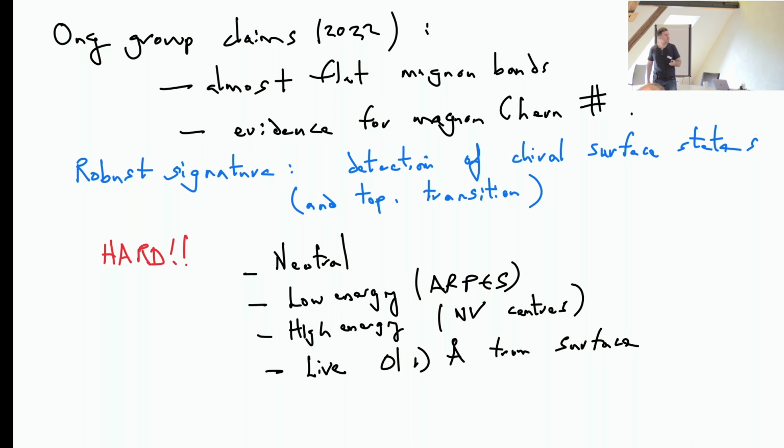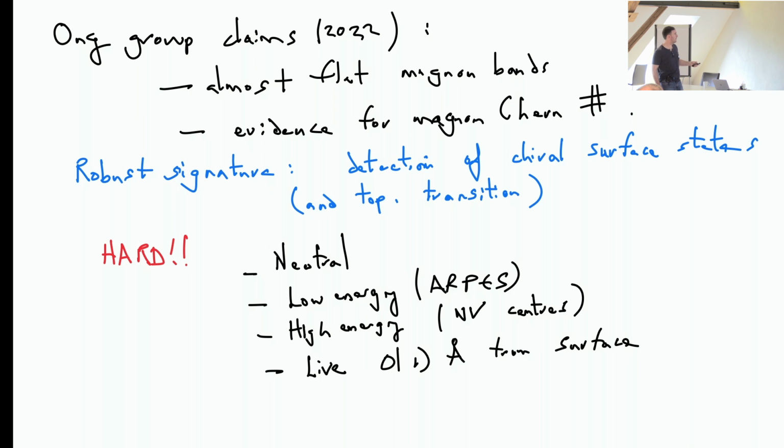So I would say at the moment this is a good contender. These topological magnons are a good contender for what's actually going on in the system, though as I said, it's somewhat controversial right now. On the other hand, as has been discussed this morning, the existence of this kappa xy is not a signature on its own of non-trivial topology, and to see that in these kinds of systems, what you'd want to do is directly resolve somehow the chiral surface states in these systems, which is a terrible experimental problem. Just by almost sheer coincidence, it's just too low energy for RPEs, knocking out electrons and doing some